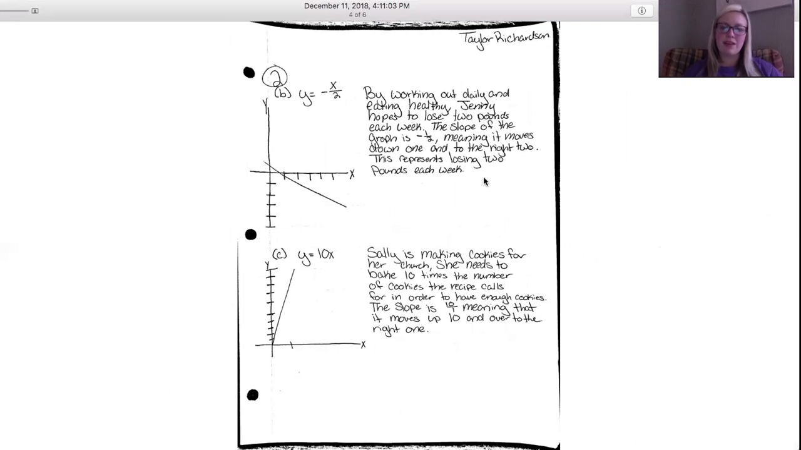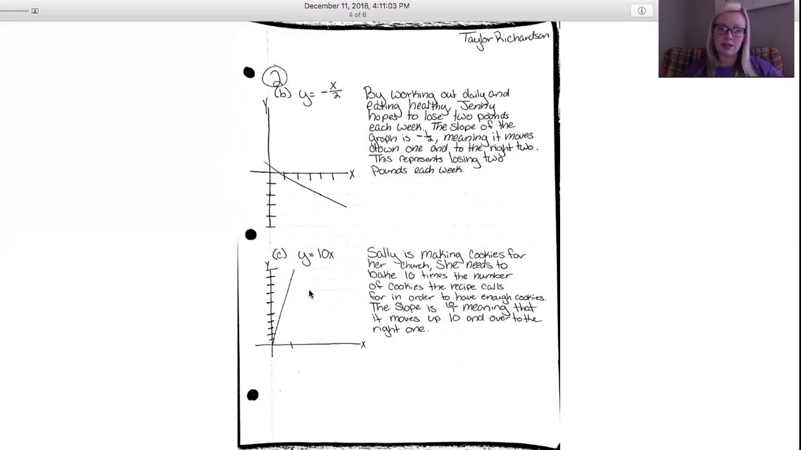there's part B. We have the formula y equals negative x over 2. And so I came up with the reason by working out daily and eating healthy, Jenny hopes to lose 2 pounds each week. And so we can see this represented by the graph, and the slope of the graph is negative 1/2, meaning that it moves down 1 and to the right 2 as the line moves. And that represents losing 2 pounds each week. And then part C,